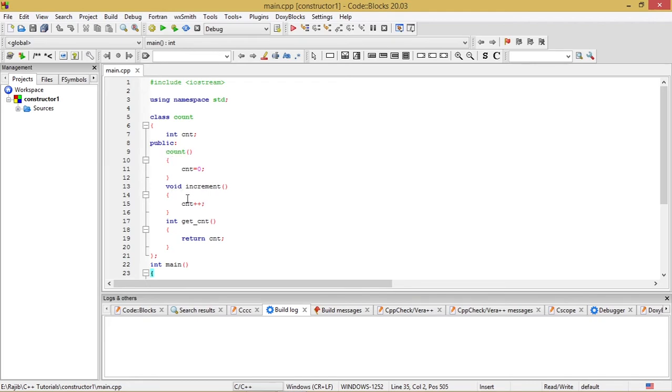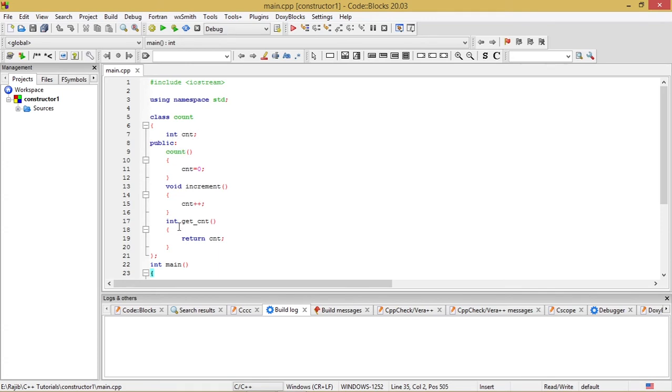After that, another member function increment has been defined, void increment, under which there is one expression statement cnt++, by which we can increment the value of cnt by unity.